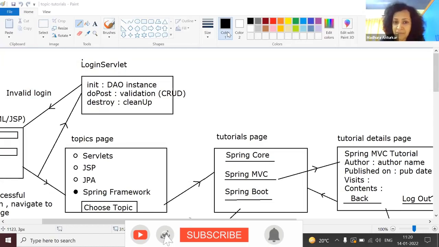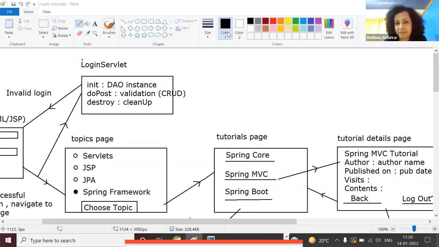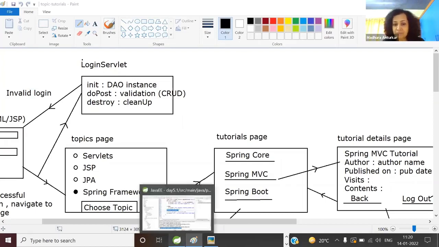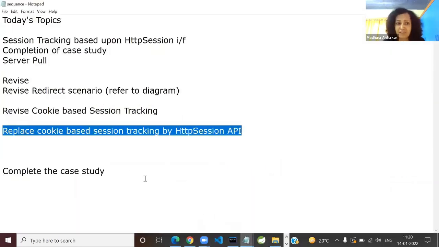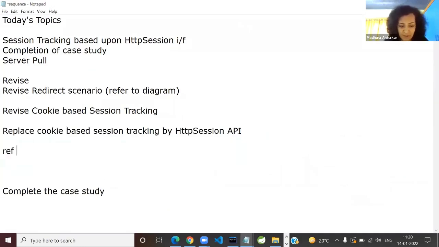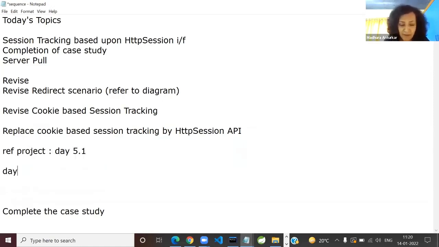All statements clear? So that is how we are going to build the remaining part of the case study. Is the central idea clear? Is the basic idea clear? So now let's do it in a parallel manner. I'll mention it in the sequence. Here replace cookie based with this. The reference Eclipse project was day 5.1. Now we are continuing with day 5.2, which